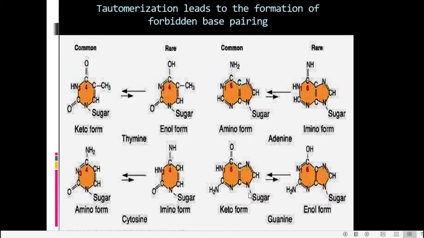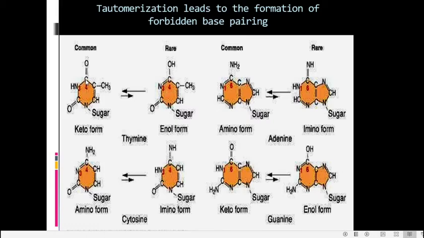And we will just see what happens to these 4 nitrogen bases when they convert to their tautomeric forms. So, we first go to their basic structure, that is thymine, which is a pyrimidine. So, this is thymine. This is the keto form. This is a nitrogen base which exists in the keto form. We can see a keto group. This is the keto group.